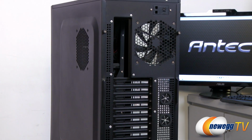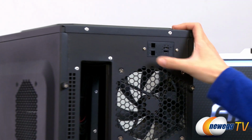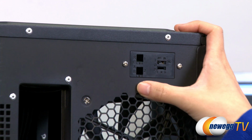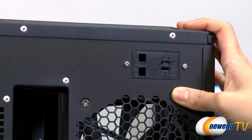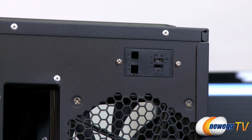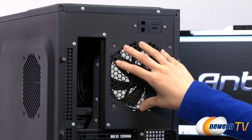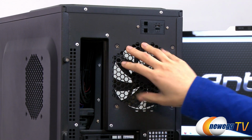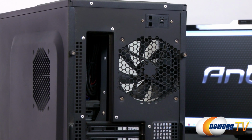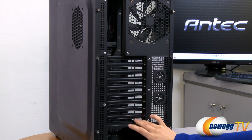Finally, at the back, up here at the top is a fan controller where you can plug in 3 fans and with low, medium, or high speeds. And this is the LED on and off switch for your top fan. And they've included a pre-installed 120mm rear exhaust fan. Here's your knockout for your input-output shield for your motherboard,